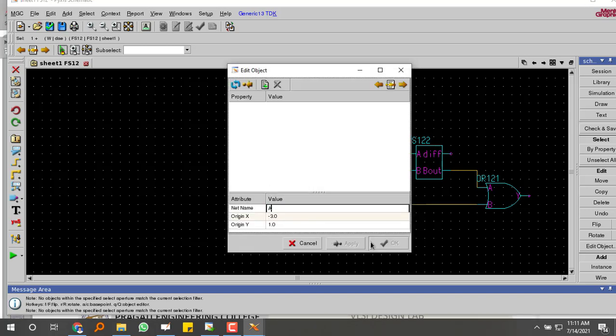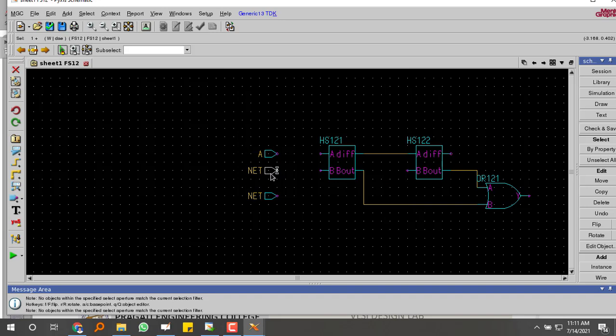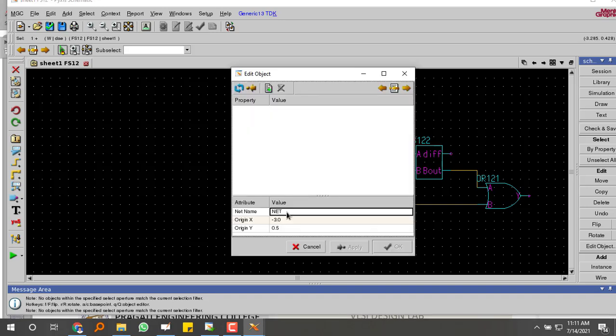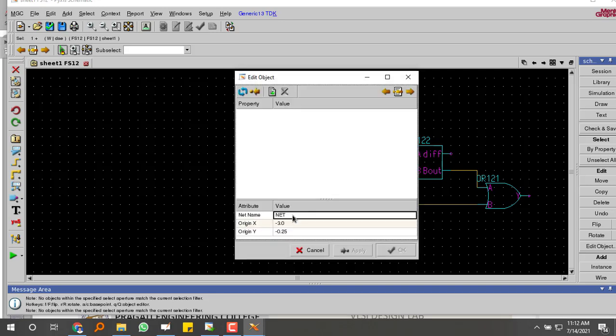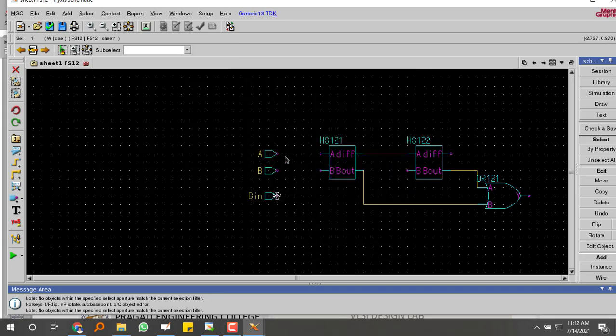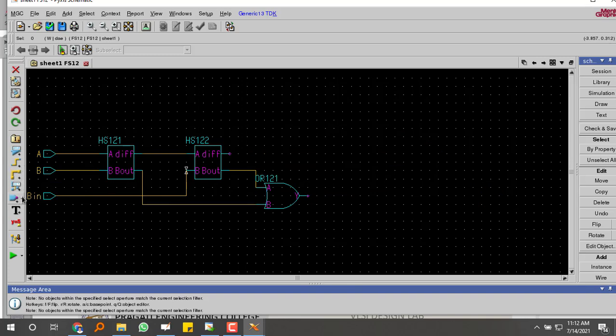First one is A, B, B. So the outputs are, we are having outputs as one is difference and one is borrow.